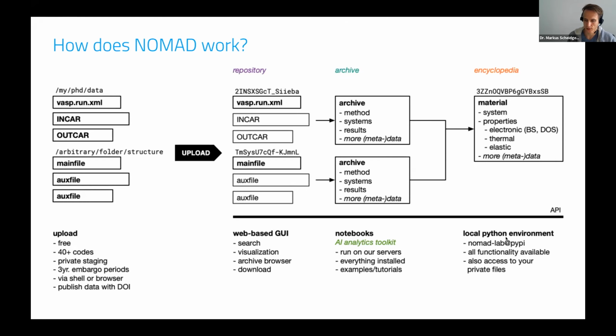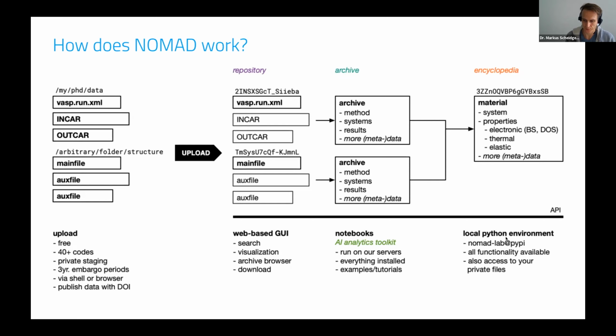And this is what Nomad also does for you, right? Basically parsing everything and trying to capture all this information in a machine readable format that is then homogeneous across all these different codes. So similar to how Optimade tries to be a common API for all the databases, what Nomad tries to do with these parsers is to provide a common interface to all the various formats